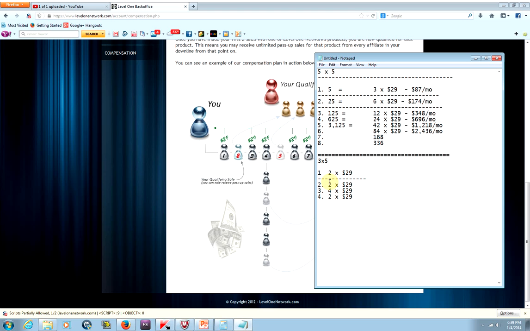However, out of those 6, you're only getting 1. Well, okay, let's see. We can explain it a little bit better. All right. Out of those 6, 4 of them are going to your 2 business partners. The other 2 are going to you. All right. So in other words, the 3x5 example, you'll still have a nice passive